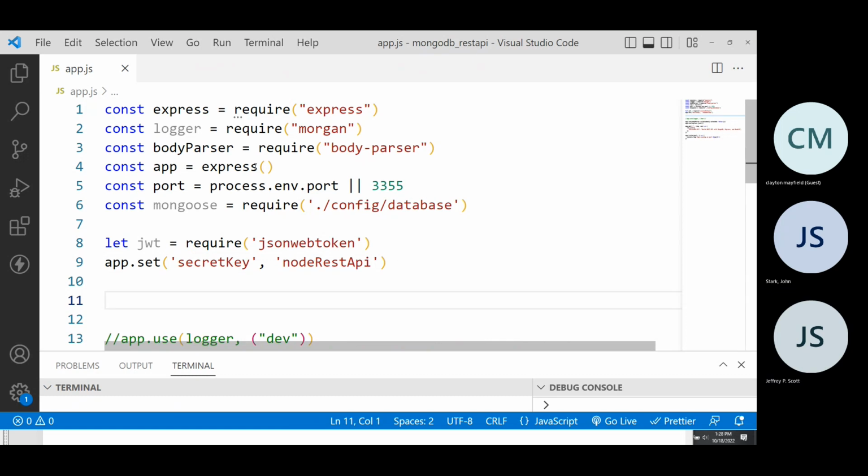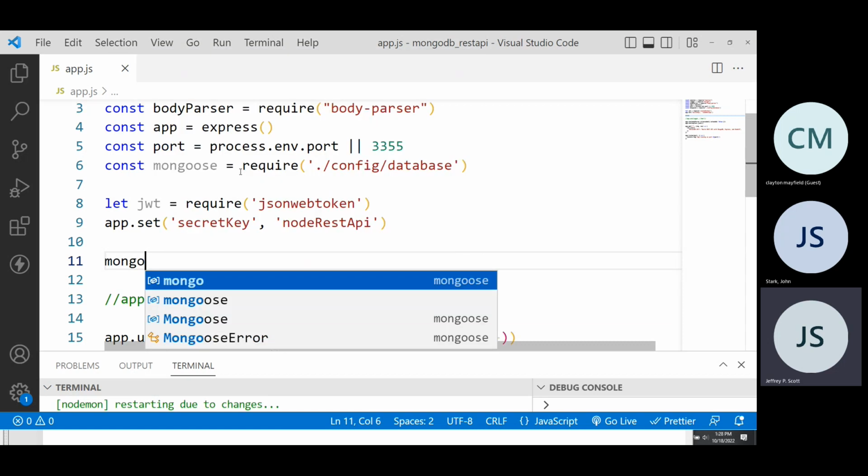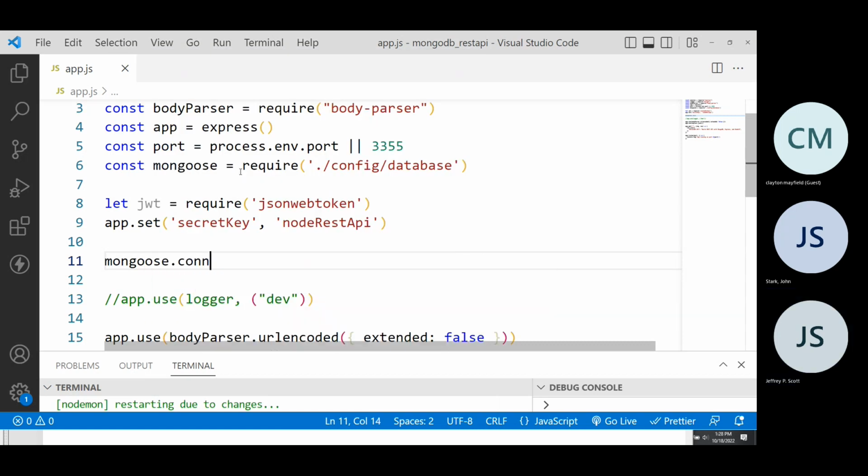Now, when we come in here, we are working with this secret token. And when we're trying to connect to the database, it can succeed or it can fail. So I put this line in here. We may not end up needing it, but I think we will, just in case there's any kind of error. So it's going to be mongoose dot, and it's not recognizing it, which isn't a great sign,